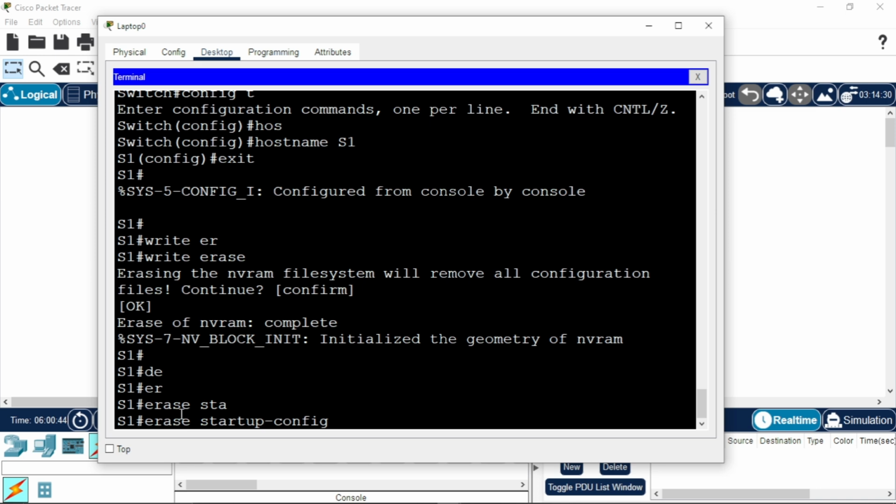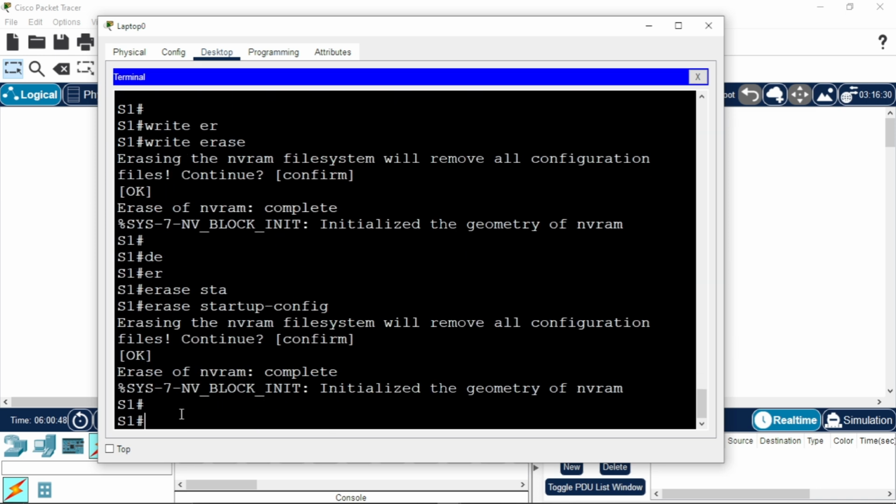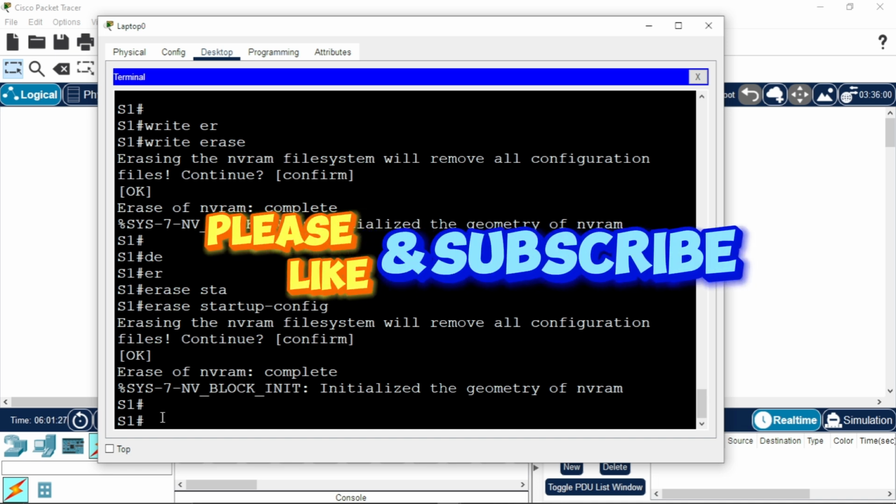Okay, erase startup config, enter, confirm. All right, so you can either use write erase or you use erase startup config. In case you have some VLAN data on your switch, if applicable,